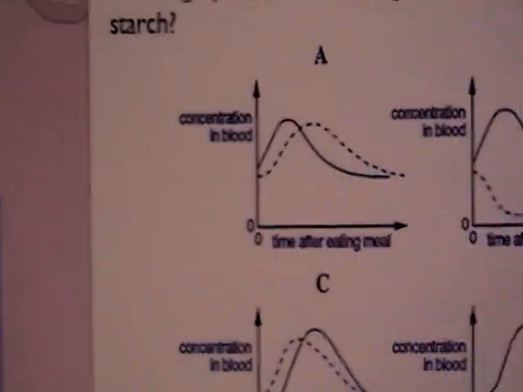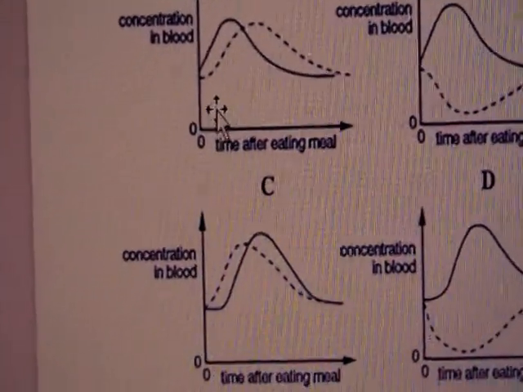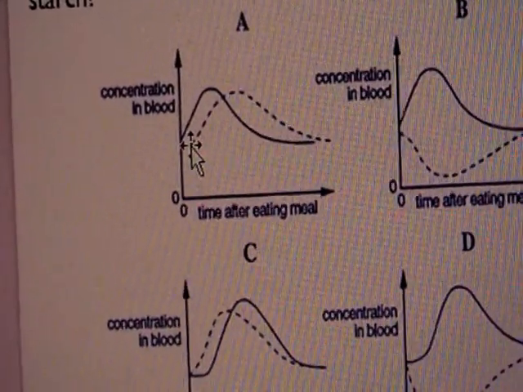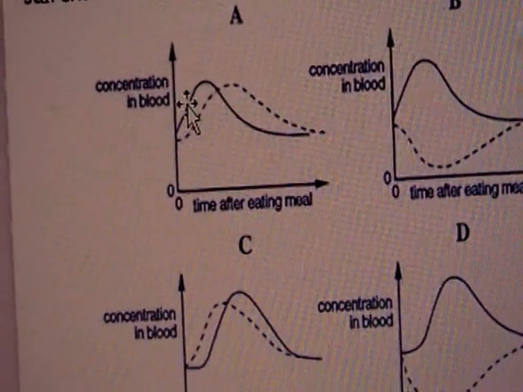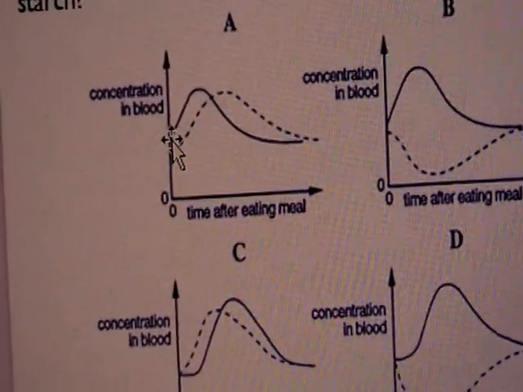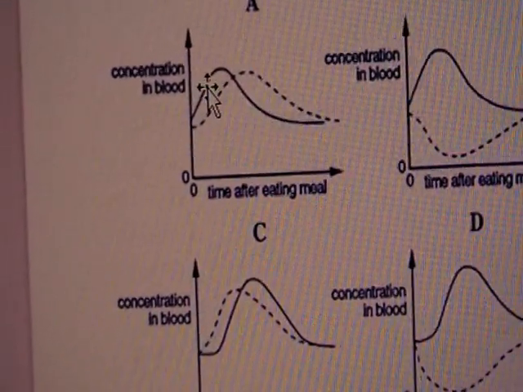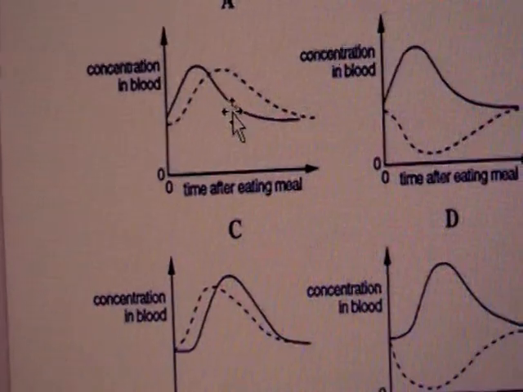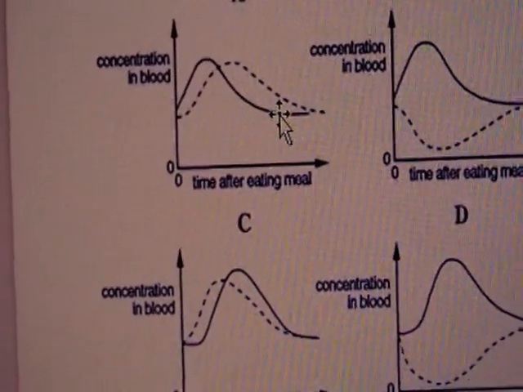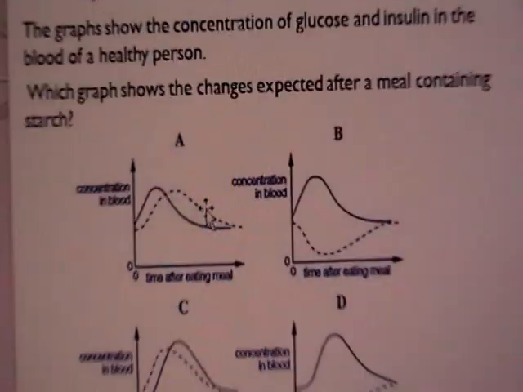So as we can see, let me just point my pointer over here. When there is an increase in blood glucose concentration, you see the increase will occur first before insulin starts to increase. Alright, so basically if the graph is found on the left, it just means that whatever event that is representing will occur before the graph to the right. Alright.